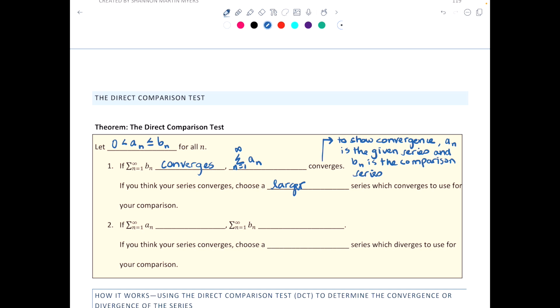Now, if the summation as n goes from 1 to infinity of a sub n diverges, so if the smaller term-by-term series diverges, then that larger series, the summation n equals 1 to infinity of b sub n, also diverges. So if you think your series diverges, choose a smaller series which diverges to use for your comparison. So to show divergence,